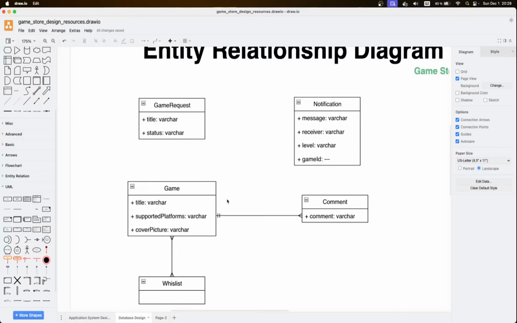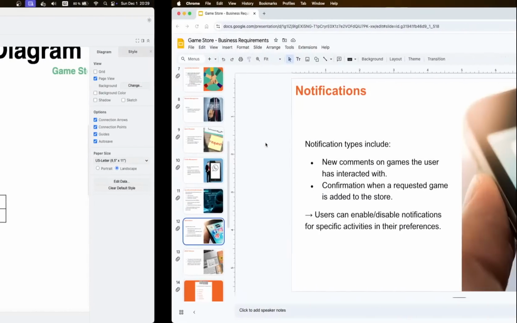All right. So this is important to know. But for now, we don't need this game ID. So I will have my notification entity just in here. All right. So now let me go back to our